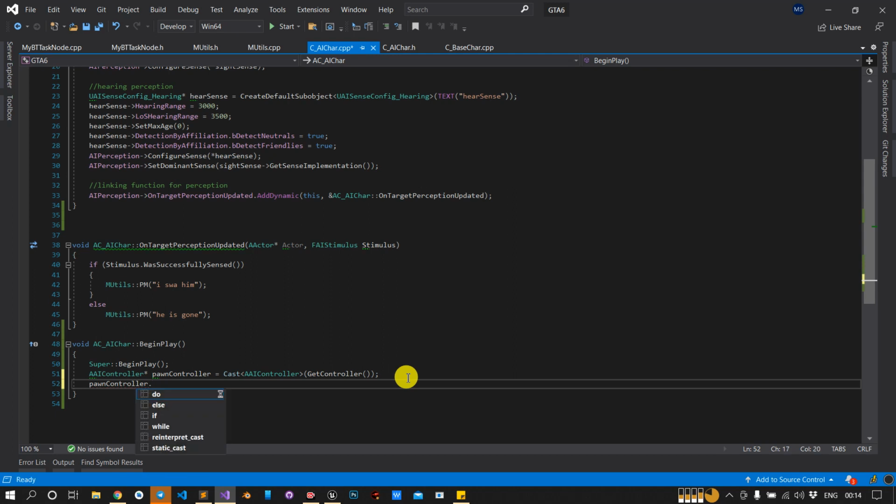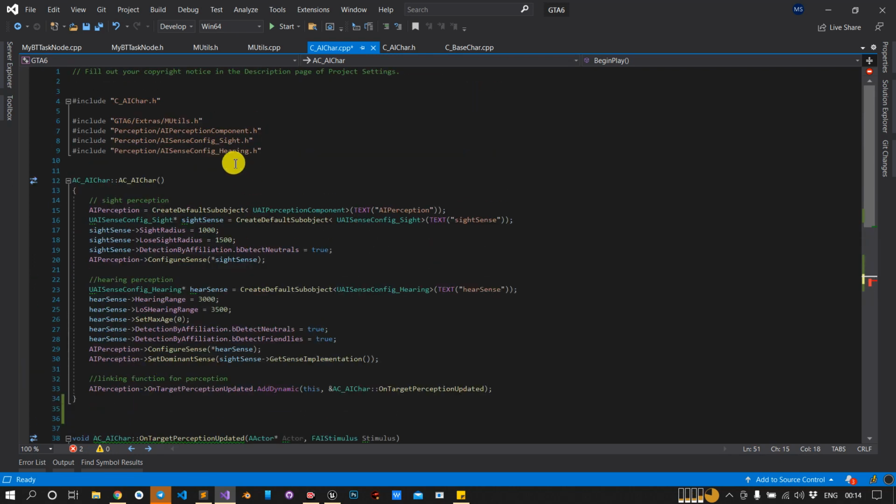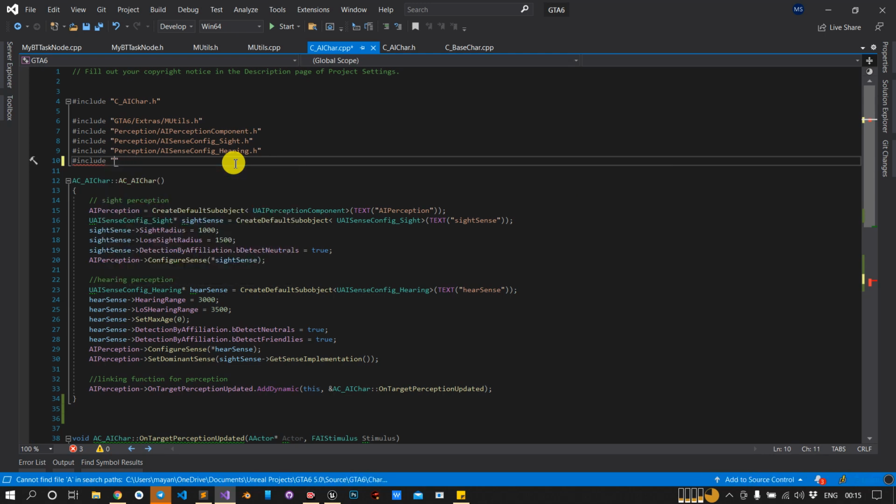We don't have the AI controller header file, so we will include it. Include AIController.h.